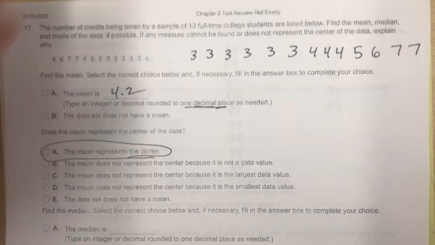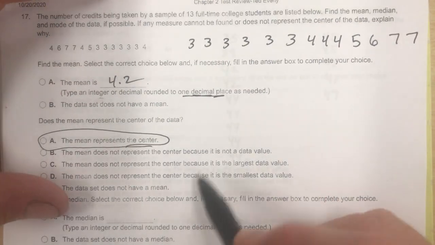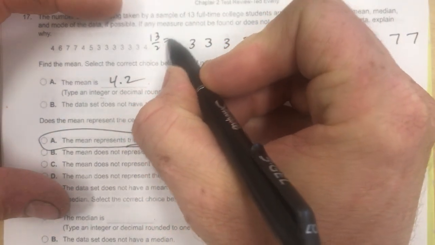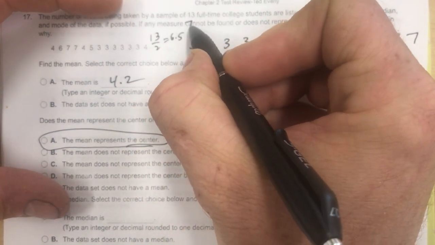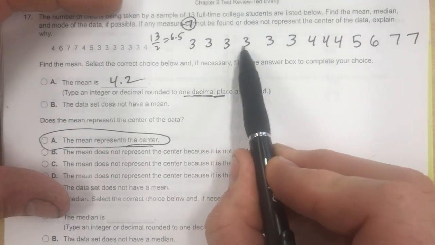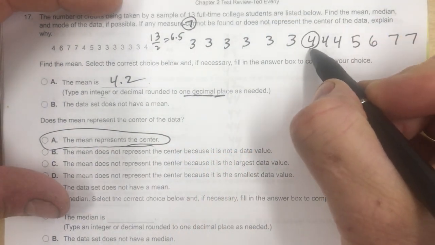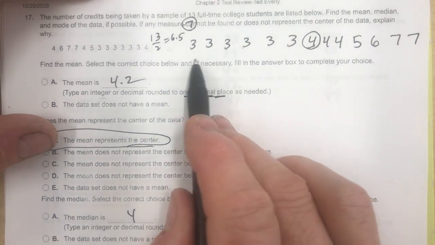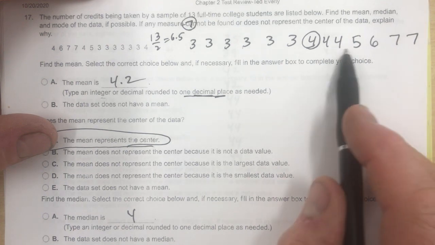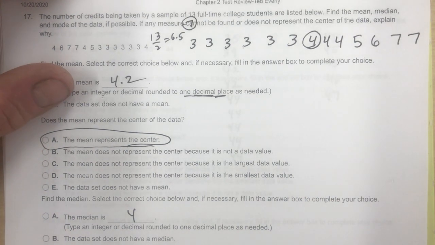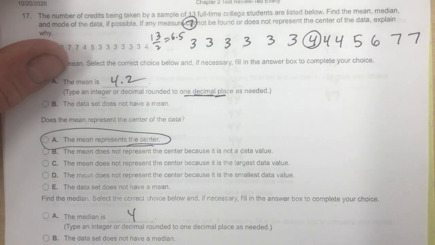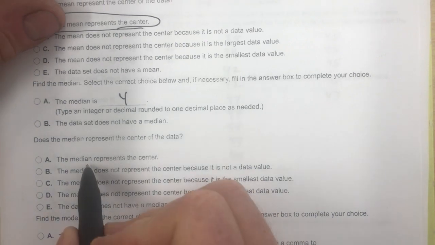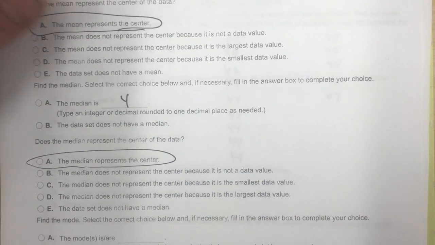All right, now what about the median now? The median is the middle number. So since there's 13, 13 divided by 2 is 6.5, so round up to 7. 7 is the middle number. 1, 2, 3, 4, 5, 6, 7 right here. There's my median. Notice I have 1, 2, 3, 4, 5, 6 on this side. I've got 1, 2, 3, 4, 5, 6 on that side. Okay, so my median is 4. All right, does the median represent the center of the data? Yes, the median represents the center, so that's A. Okay,